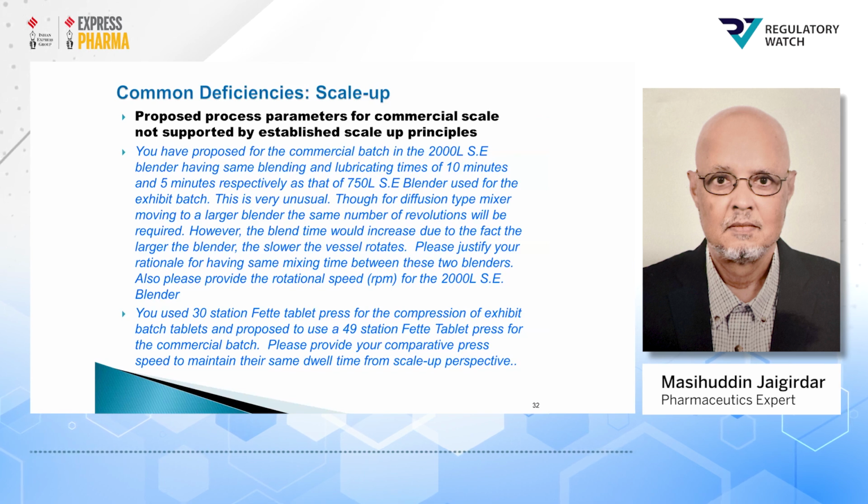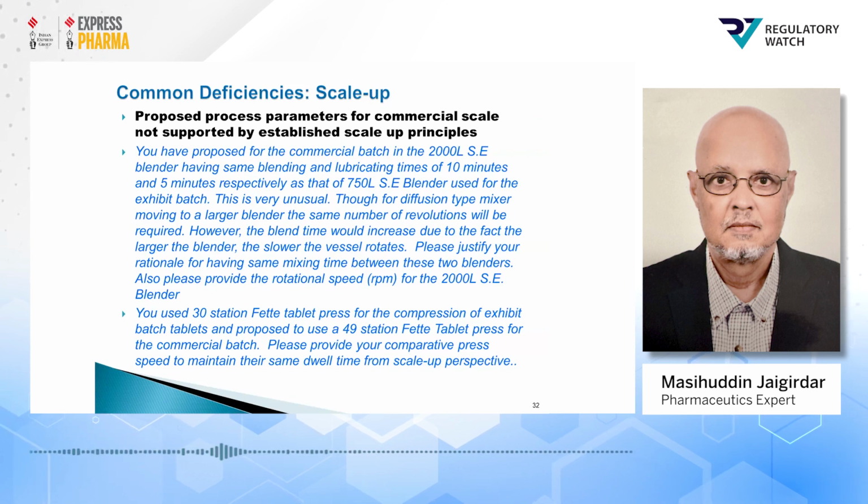Proposed process parameters for commercial scale not supported by established scale-up principles. Here is an example. The firm has proposed for the commercial batch in the 2000 liter AC blender the same blending and lubricating times of 10 minutes and 5 minutes respectively, as that of their 750 liter AC blender used for the exhibit batch. This is very unusual, and with my 35 years in the industry, I can tell you this is not